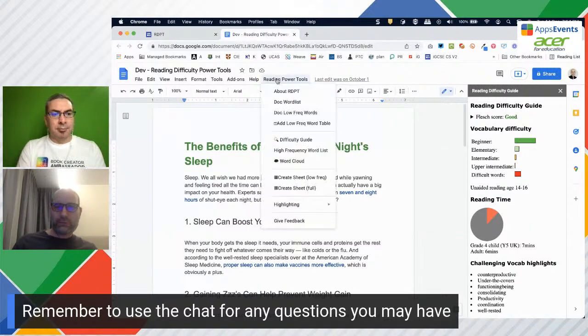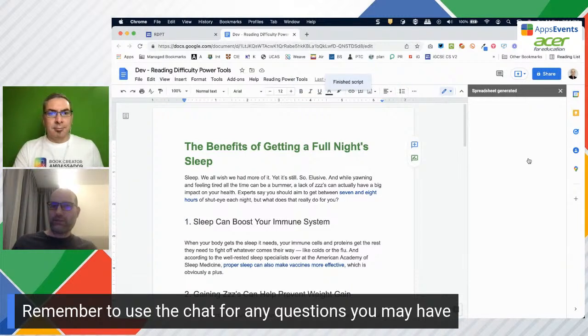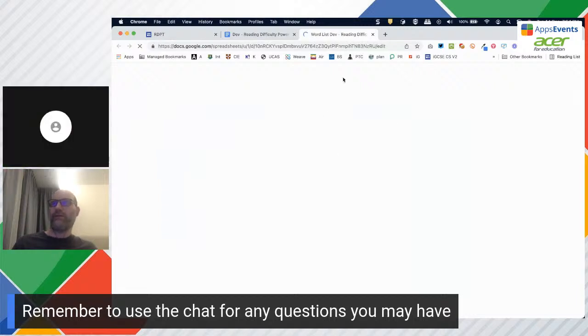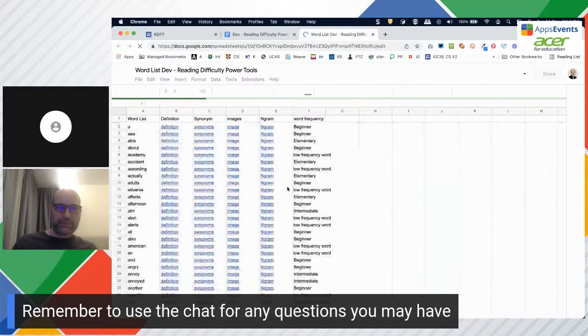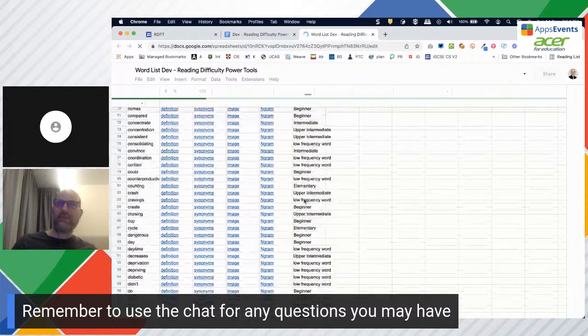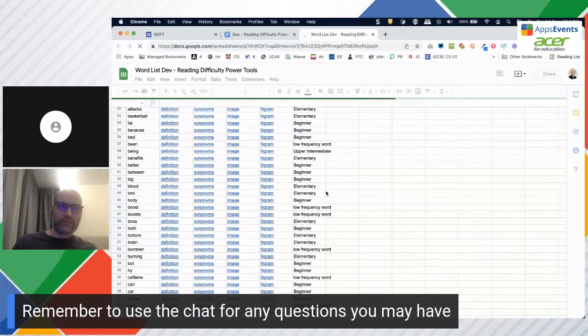But also, what we can do for the younger children is create a sheet with every single word in there and check that you are constantly recycling that vocabulary. So this will generate a spreadsheet for you here, which you'll be able to see very shortly. It is loading a little bit slowly today. And for younger children, it is just so important that every single one of these words is an important word. Now, for younger students, you should be deleting, keeping, and making sure you stick to the words that are there.